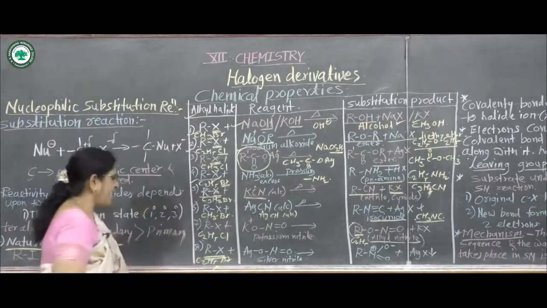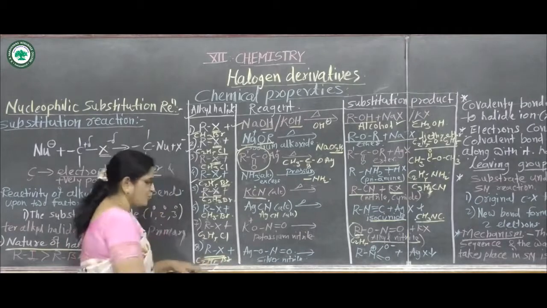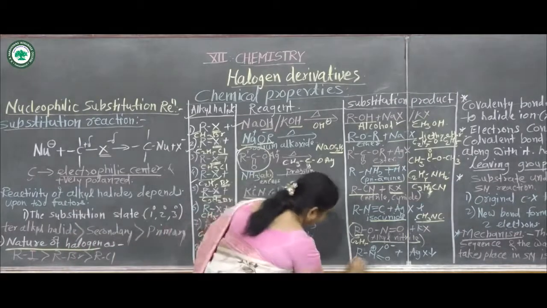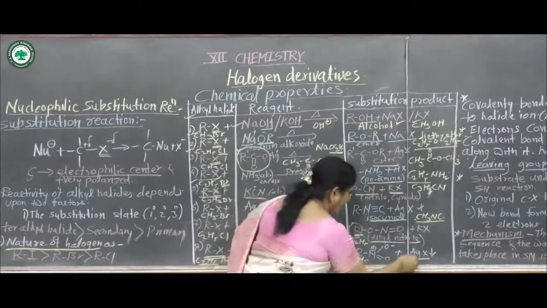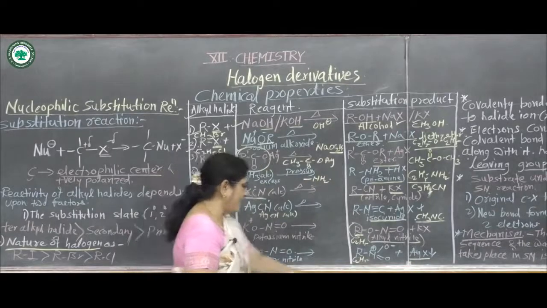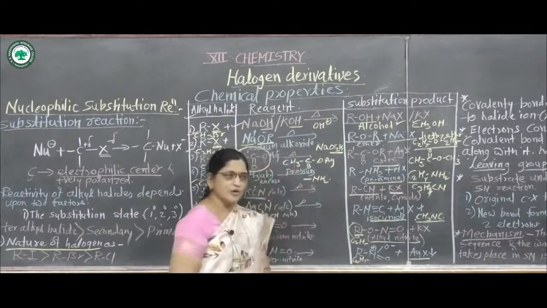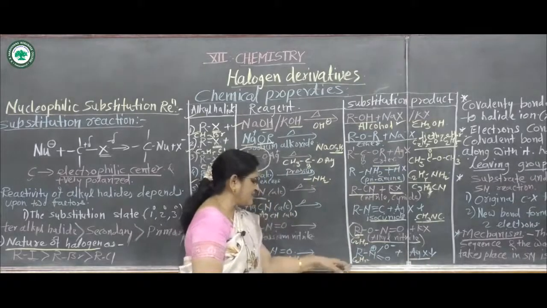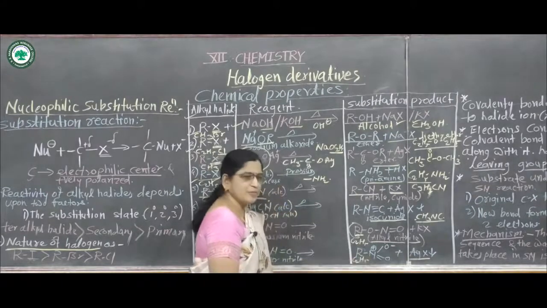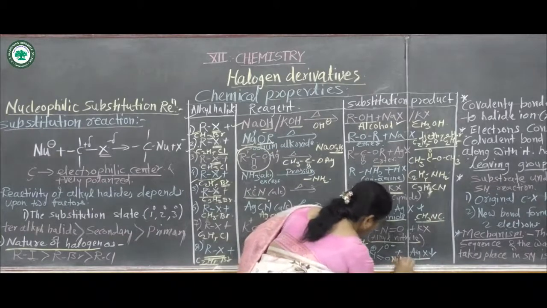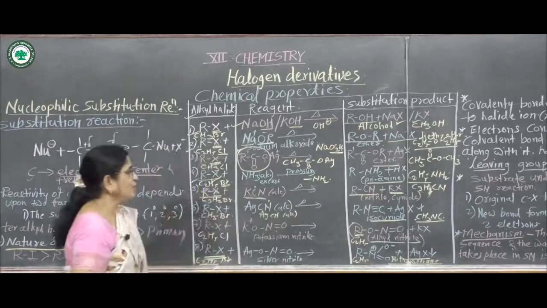Suppose here C2H5Br reacts with silver nitrite, then which product forms here? Again, R means here C2H5, so on the right side R means C2H5NO2, plus the byproduct is silver halide. It is the precipitate, silver halide. That means which precipitate forms here? Silver bromide or silver chloride. If in place of R there is ethyl group, the name of this product is nitroethane.